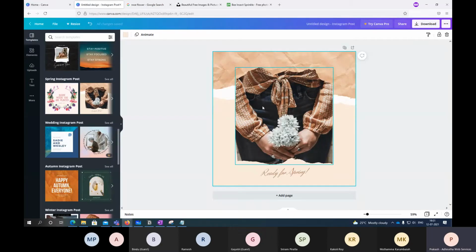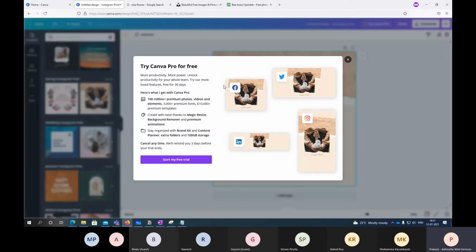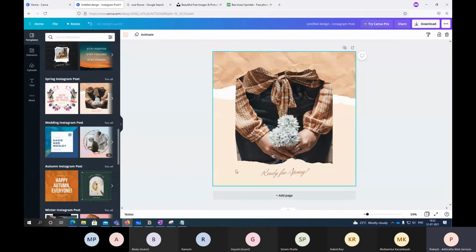Yes. So when you're creating this, right? There is something called a resize option here, right? If I click on this resize, the problem is, again, you have to have a pro version. So it is going to save time. Now, if I want to create for Facebook separately, LinkedIn separately, Instagram separately, it is going to take time. So now let us go to the paid version and see how it will help us.